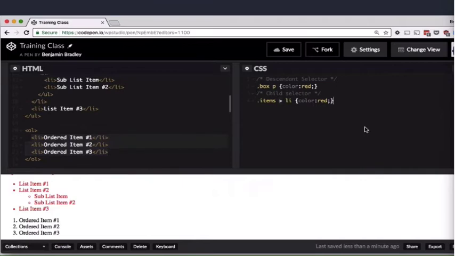Now, we're going to add one other thing. I'm going to comment this out because you're going to see why. The next one is an adjacent sibling. This is something that is immediately next to what it is that we are looking for. So if I did the same type of thing, items plus li color red,